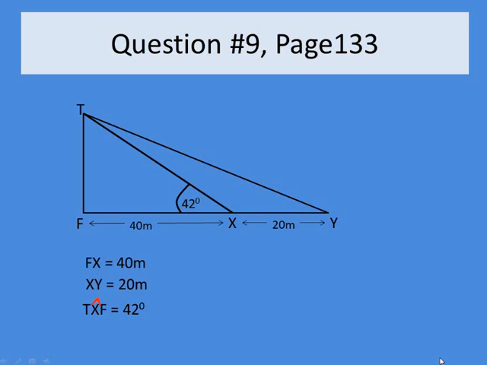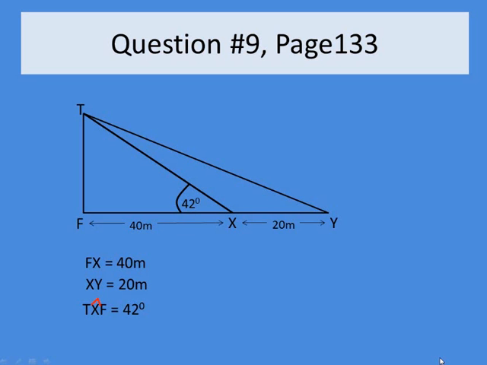Okay, our next question is going to be question 9 on page 133. In this question, let me read for you that in the figure above, not drawn to scale, TF is perpendicular to FY. FX equals 40 meters and XY equals 20 meters, and angle TXF equals 42 degrees. Calculate, correct to two significant figures,